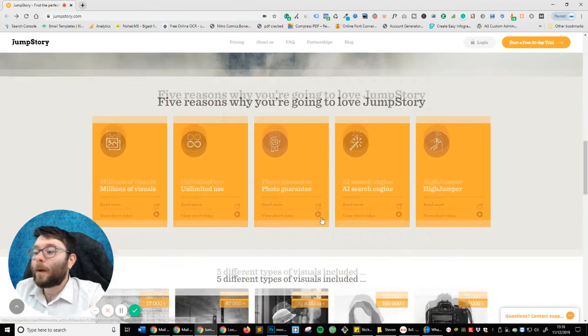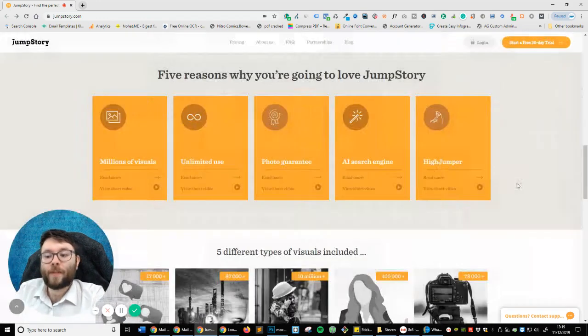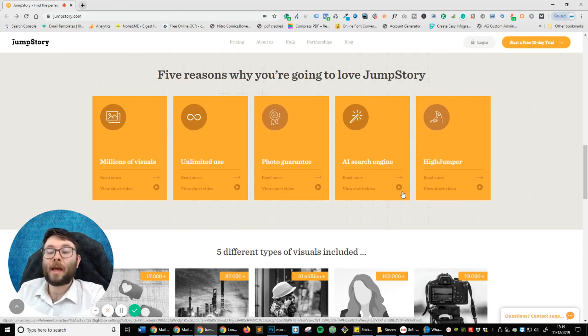But some of the things that I am specifically interested in, and the things that are clearly making it stand out and that people are raving about, are these two things here, which is AI search engine and High Jumper. And if you click on the videos, they do show you videos, but just to summarize what these two actually mean, AI search engine is where you can type in something about a dog. So if you're a dog blogger, for example, or a business in recruitment or anything on those lines, you can